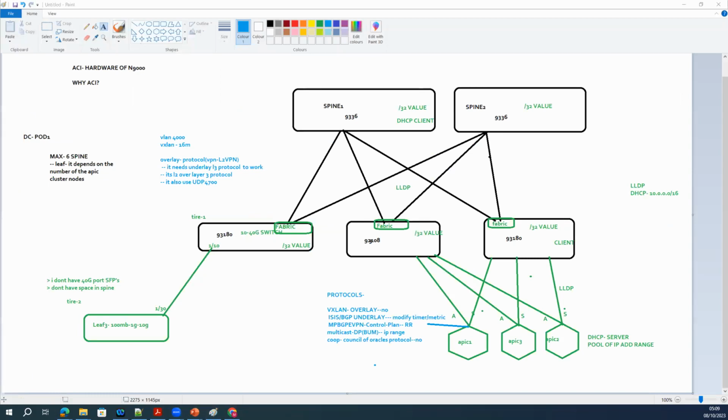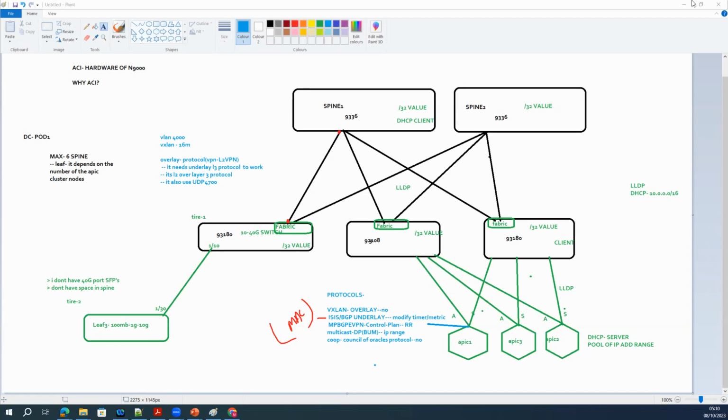The reason is that ISIS also maintains MAC-based routing, and ISIS is a more scalable protocol than OSPF and EIGRP. OSPF and EIGRP cannot support MAC address-based routing, whereas ISIS has the ability to support it. That's the reason ISIS is the default protocol which runs between the leaf and spine.